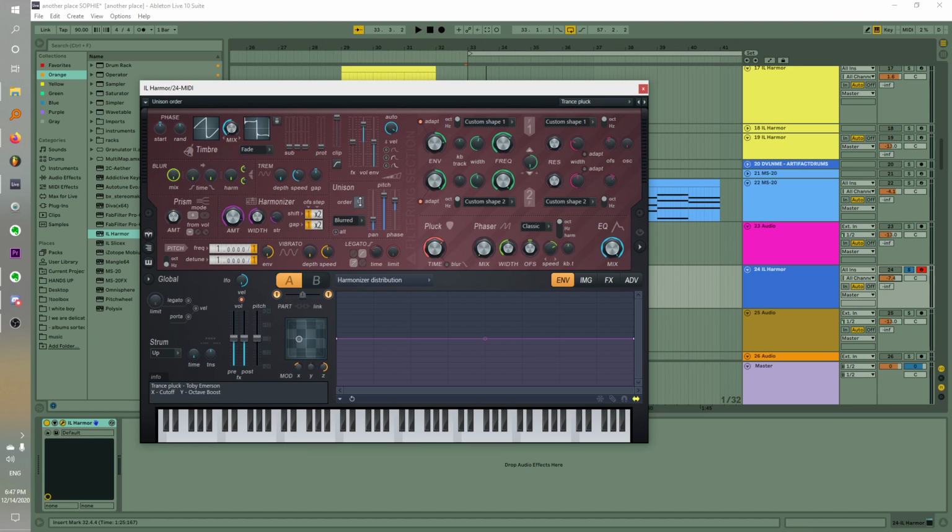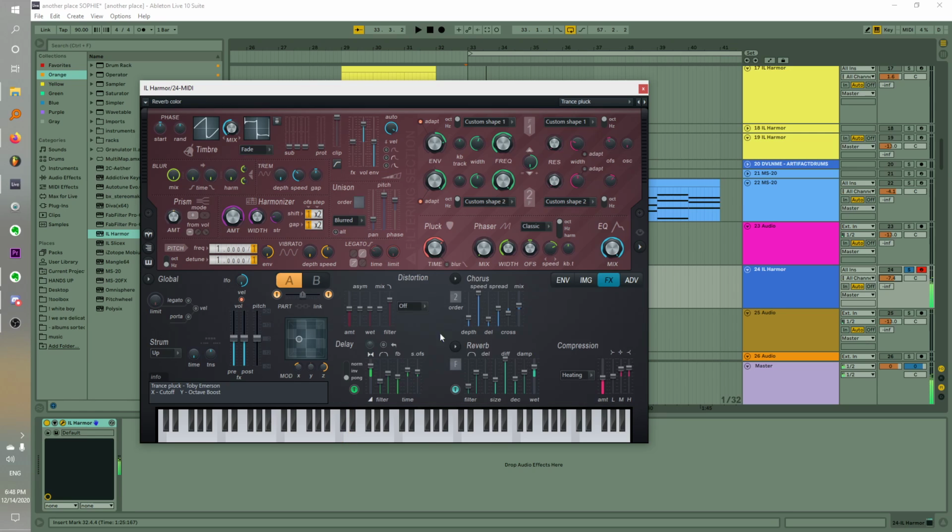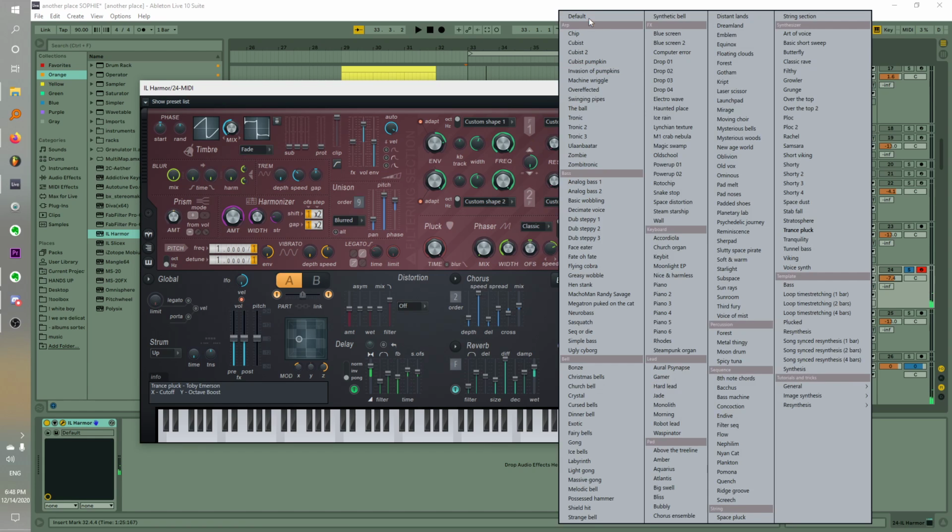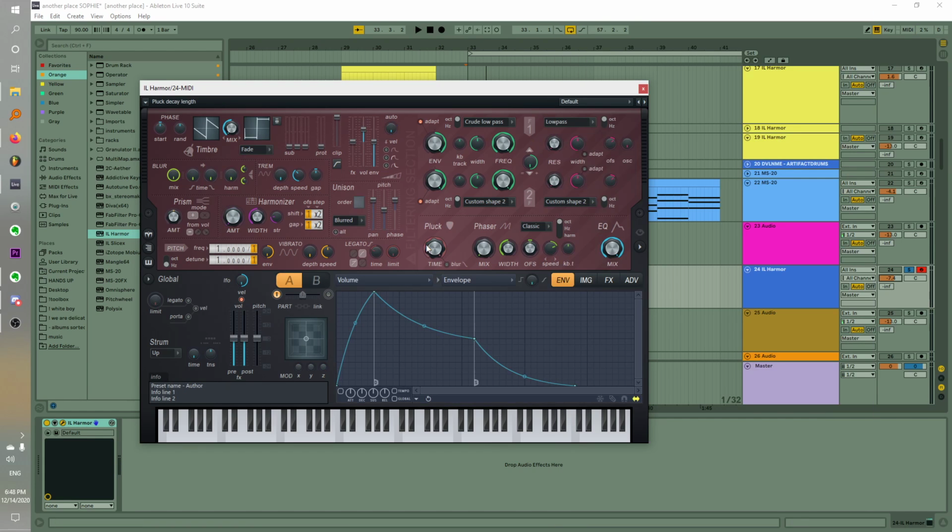Like, listen to what happens when I drag this unison thing down. And then when I drag this chorus thing down. And like pluck. You can hear that, right? You can hear it. Yeah. So, and that's fun for a while, but like,